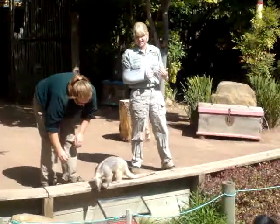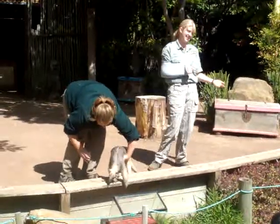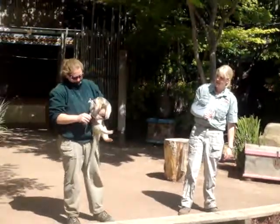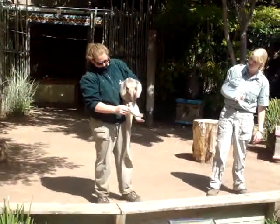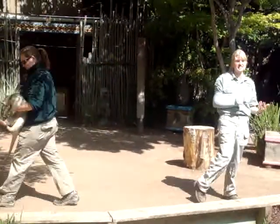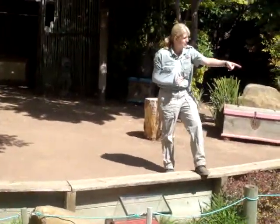We can't actually make his tongue come out. It's kind of in there, and we don't pull it out. Sorry. If he were a little more into his treats, which he's not really. Oh, there we go, just a little bit. You can see his tongue is really long and skinny, perfect for sticking in ant or termite mounds. Okay, next question. How about